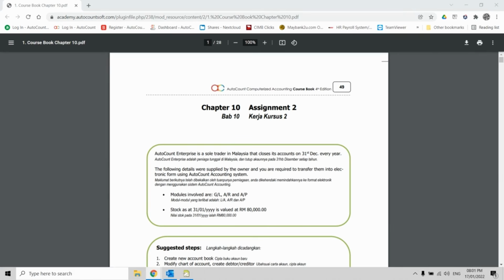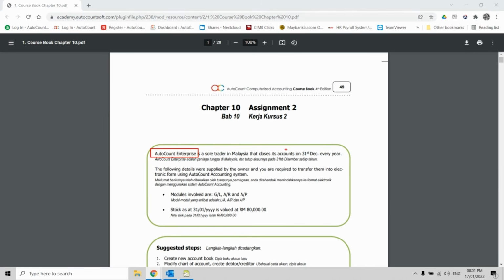Our company name is AutoCount Enterprise. Please, because some of you, frankly, not you, maybe I can consider you are more matured, change the company name. For example, instead of using AutoCount Enterprise, they put ACE, because there is an ACE logo in a document later on, but that is a logo. And some of them even add in their own name or code number in the company name. Please be reminded,